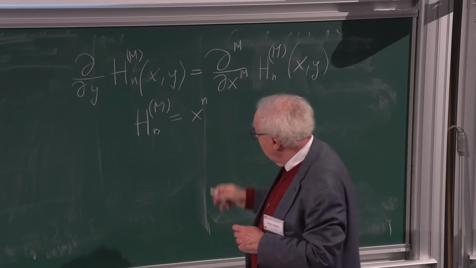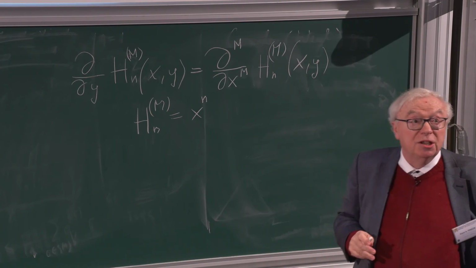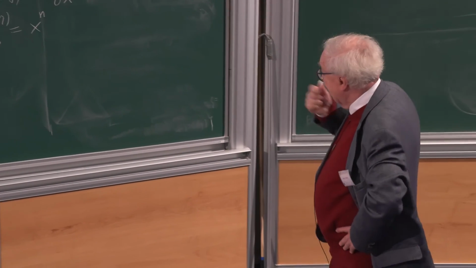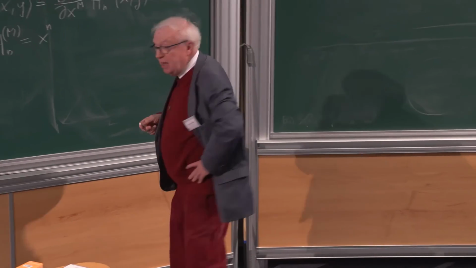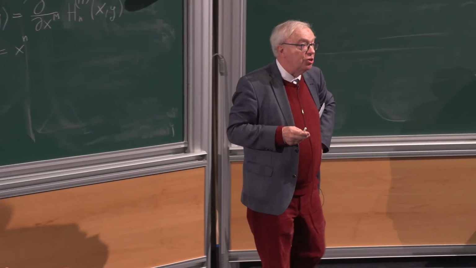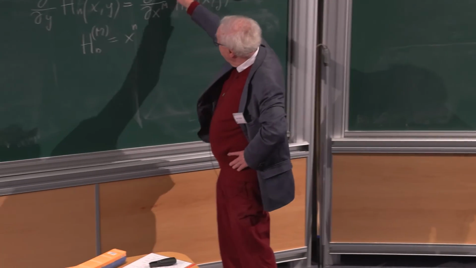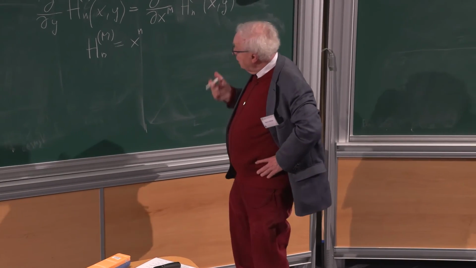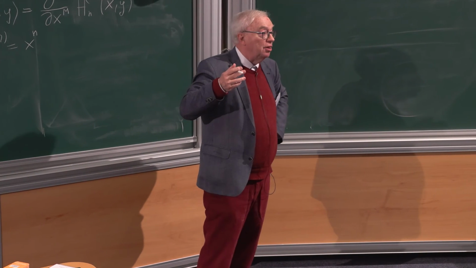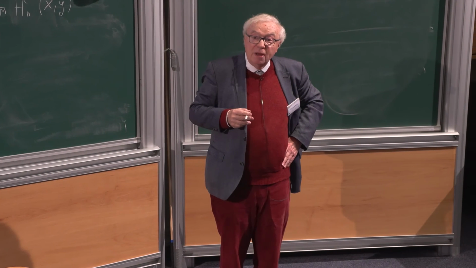Okay? So now if we look at this equation, I still have 2 minutes. So when m equals 2, then this is the classical heat equation. And when m is larger than 2, this will be a generalization of the heat equation with higher derivatives. And this has been the subject of many studies,